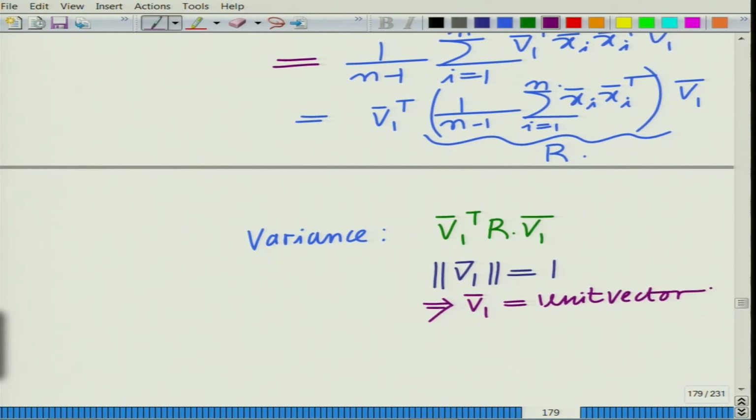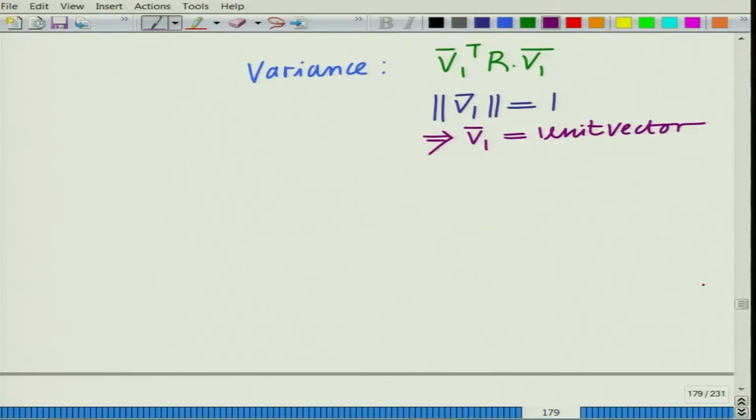Because if you scale any direction by alpha, then the variance increases by alpha square. So to get a fair comparison of all the directions, we simply consider a unit vector. Otherwise, if you scale it arbitrarily, then the variance is also going to be large. It need not be that that is the particular principal component direction, but it might just have a very large magnitude. All right. And therefore, in order to maximize the variance,